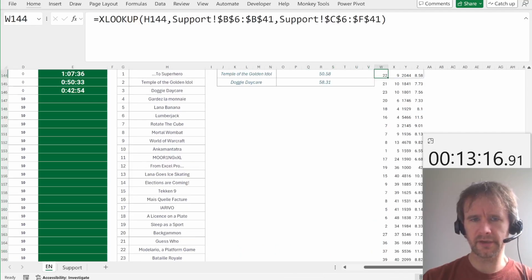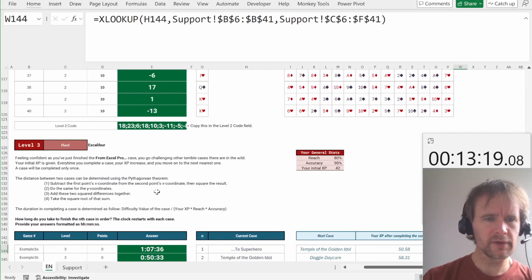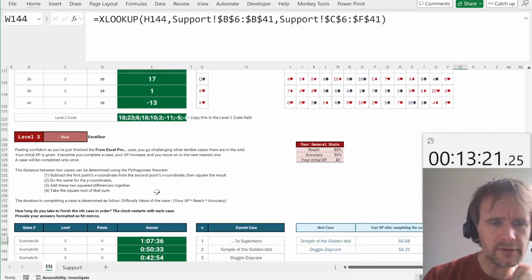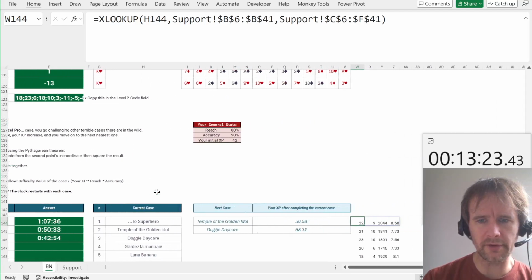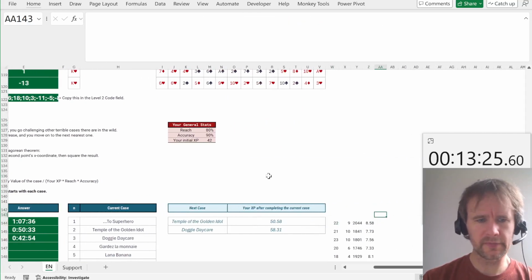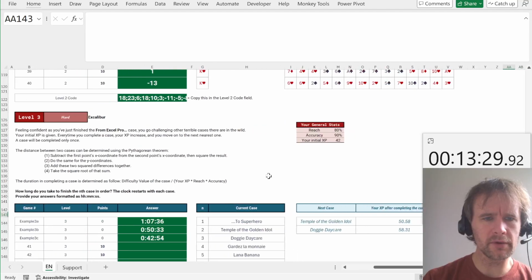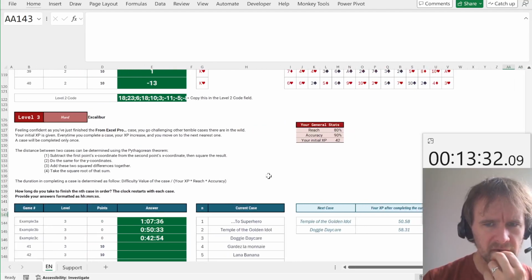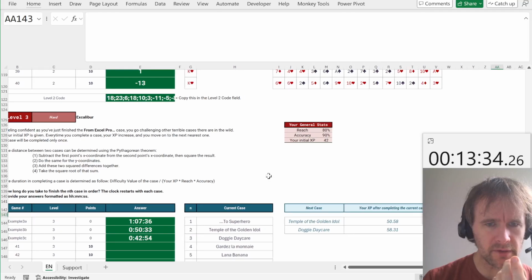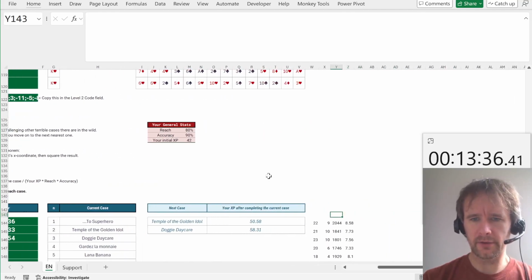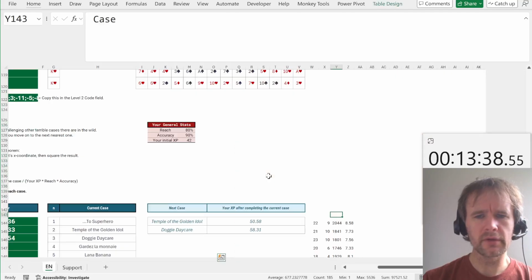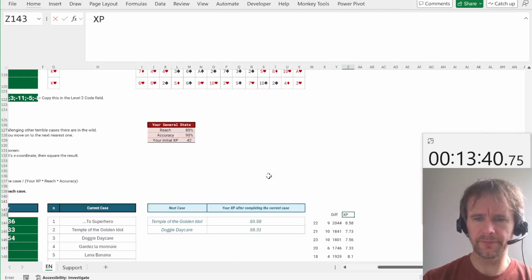And now let's see if we can match the completion. Wait, sorry. Case we complete, yes, every time we complete a case, your XP increases. Okay, so then, sorry, what are these things? XP of completed difficulty value. But is there a, you always complete it or what? I guess you always complete it? I don't know. Okay, so, sorry, it's difficulty and XP. So then you start with XP of 42, then your XP is going to be this plus this,